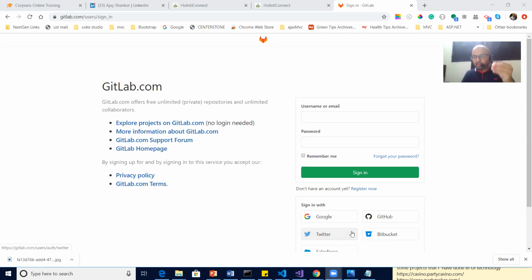So one simple workflow is how to log in. As a user, there are two options. One, I can type my username and password and then log in. Second, I can use single sign-on. Single sign-on means someone else will authenticate me, in short. So I can sign on with Google, Bitbucket, Twitter, GitHub, right? So now we have two workflows. One workflow is login through username and password. Second workflow is login through SSO, single sign-on. You got my point? Did you get my point?